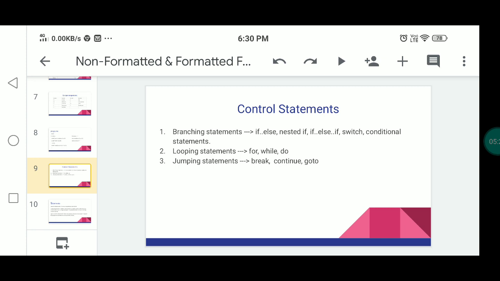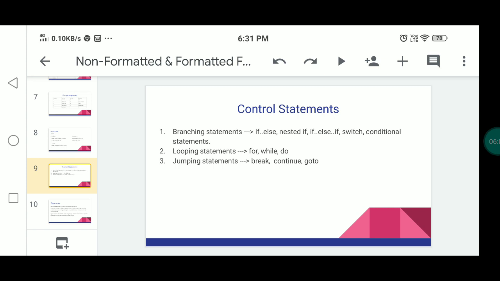So what is the use of branching statements? These statements are popularly known as decision making statements. In general we have the branching statement with the construction of if, and next if else. Sometimes you use nested if, so you can follow the arithmetic if else like that. In the place of the decision making statement if, sometimes you use the switch statement. This is the alternative execution of the statement. These are the popular branching statements in the C language.